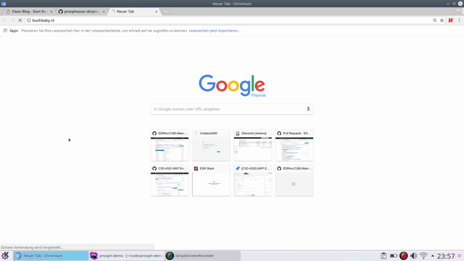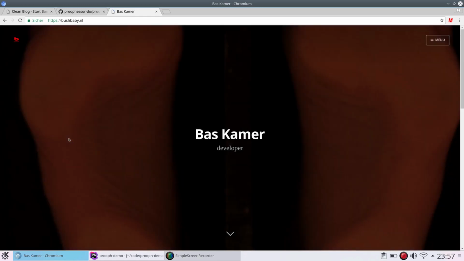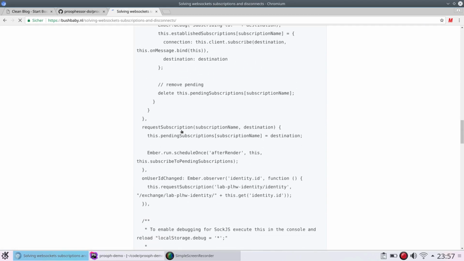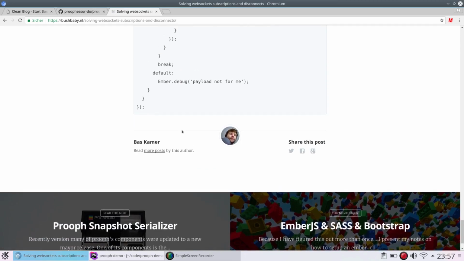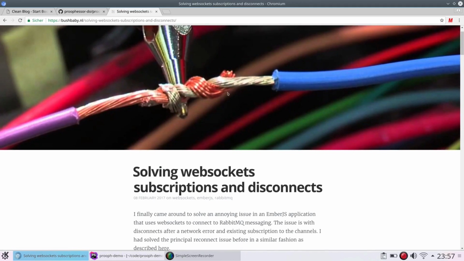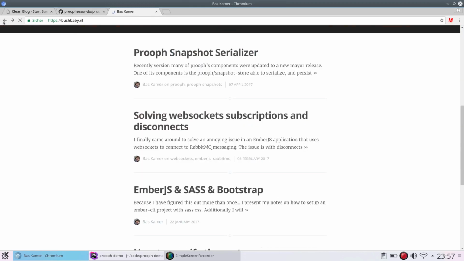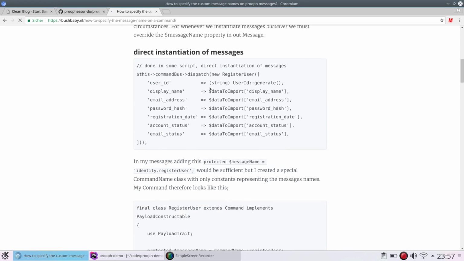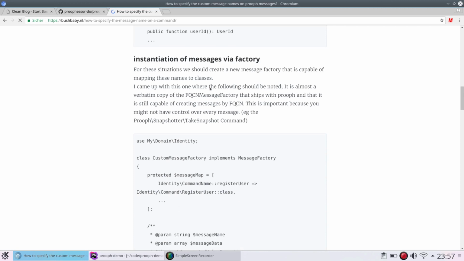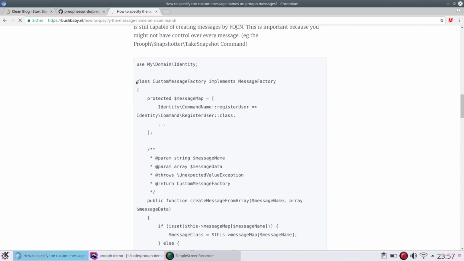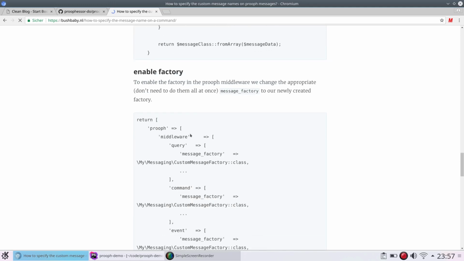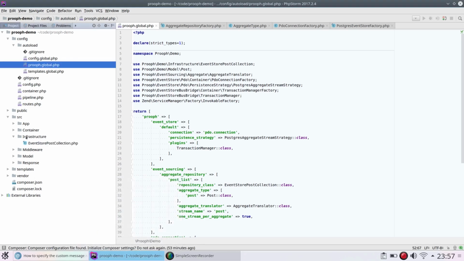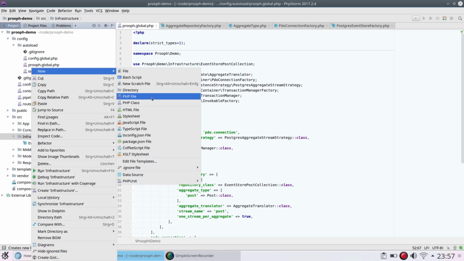I think this was the website. Yeah. So Baskama, he wrote a nice blog post about the custom message names in prooph, and we're gonna use this. I wanted to use his blog post as a reference on how to do this. So let's copy paste this. Alright, infrastructure, and this is the